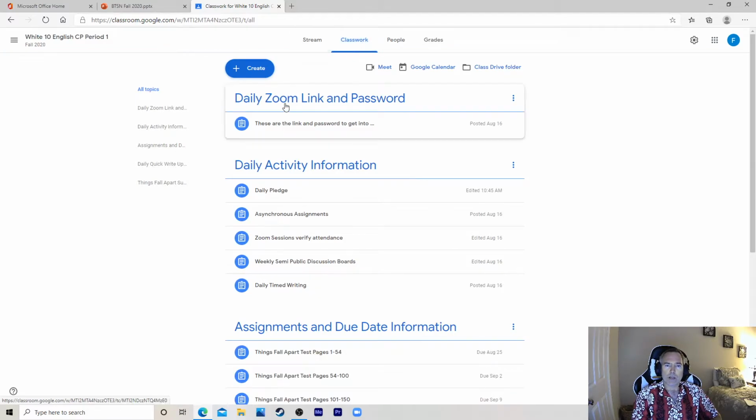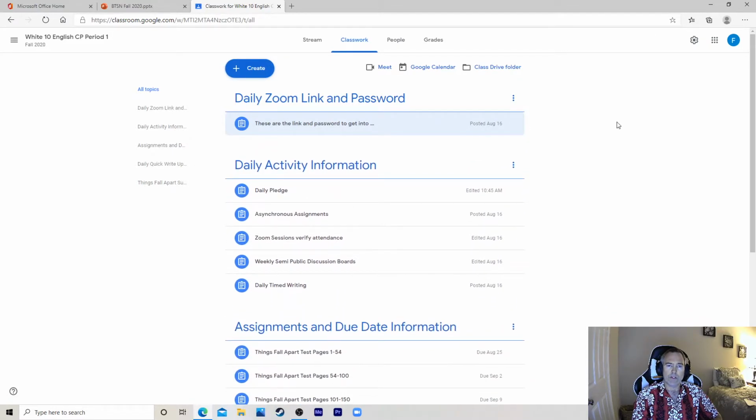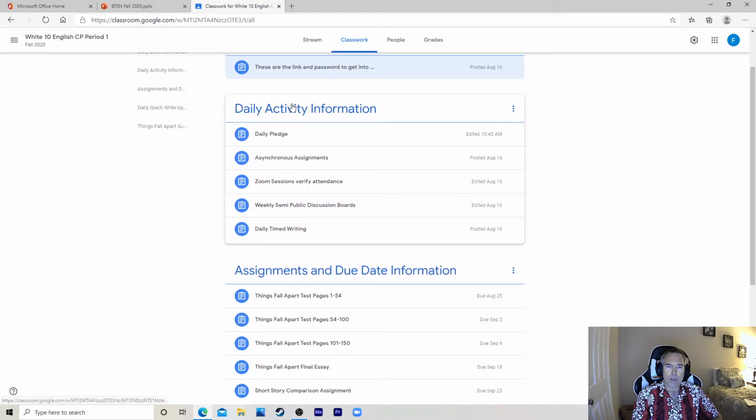So when I look at my classwork tab, we've got everything organized by topic. Daily Zoom link and password are located here. So you just click on the Zoom link, password remains the same, and you can get into the Zoom session. The daily activity information is here. We have a daily pledge so that we can see the Pledge of Allegiance.